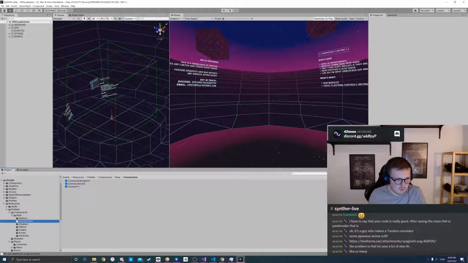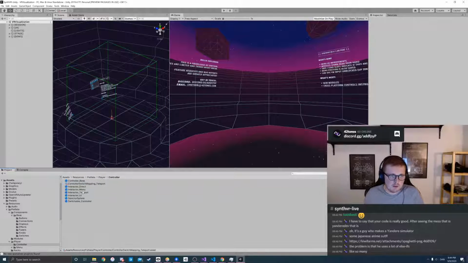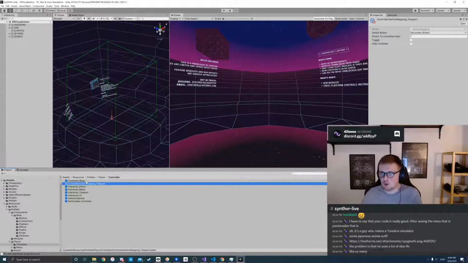Trying to remember where it is. So earlier I had more of these, but it was basically I need to map a button to switching to a certain controller. So in the old menu system, you need to map a button. When you press this button, the teleport thing should start. And instead of hard coding which button it is, which you could do,